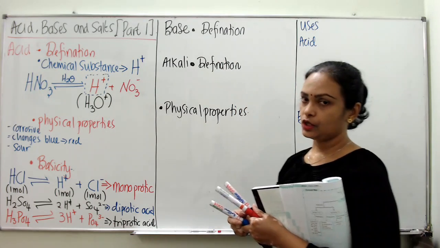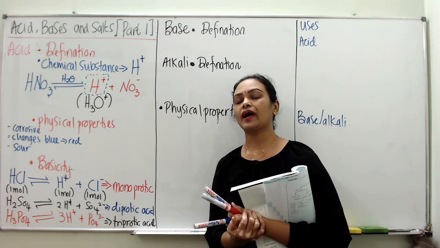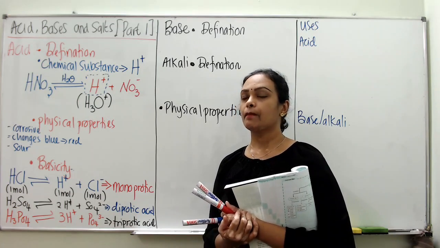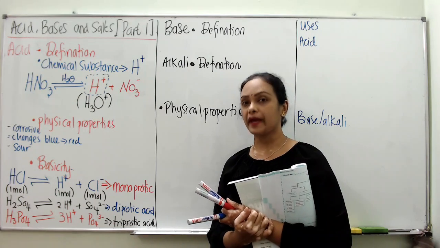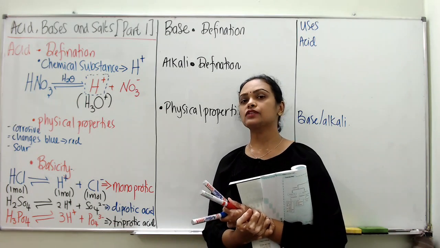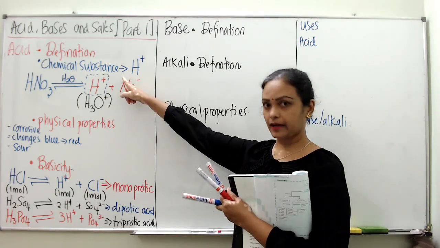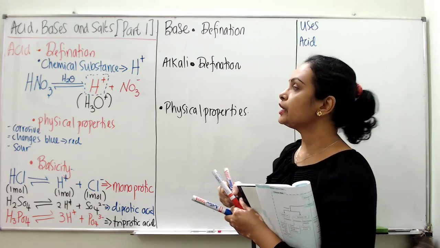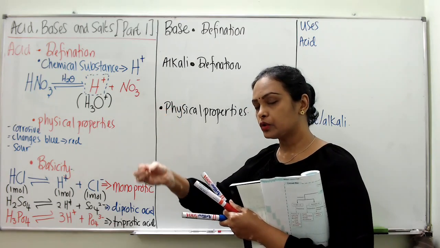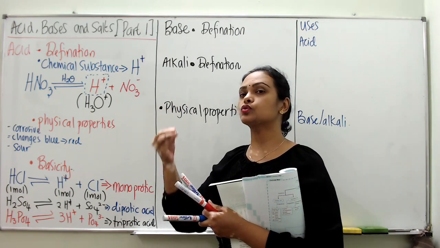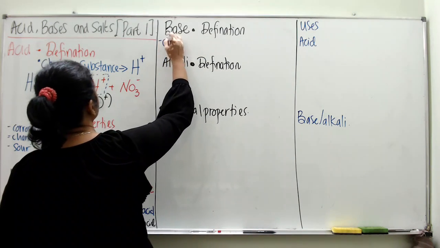Meaning of base. When you were in lower form, you were introduced to acid and alkali only. But now we are doing an extra introduction of a concept called base. Base is also a chemical substance, same as acid. It neutralizes acid to produce water and salt. So base is a chemical